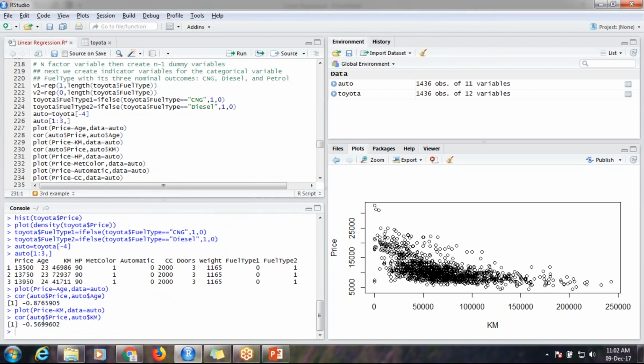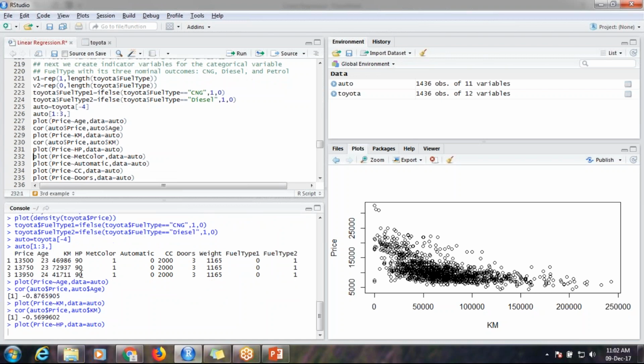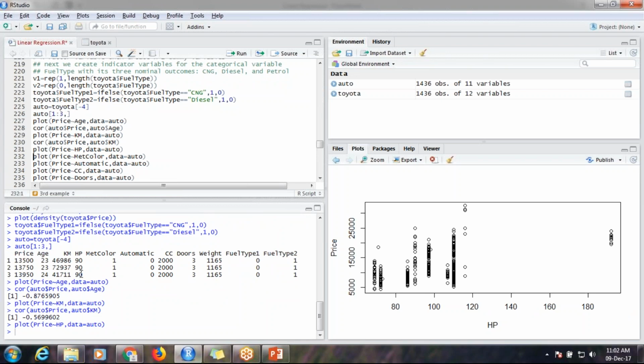So though a bit less, but still a moderate significance. With horsepower, horsepower here is an issue. I have only some factors of number. That is why I'm getting it like this. So what it means is,